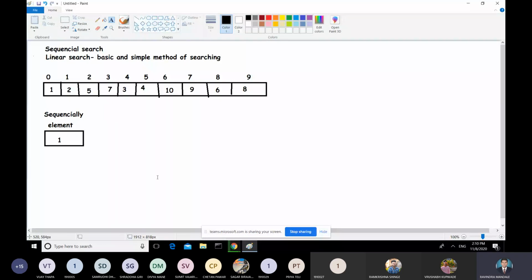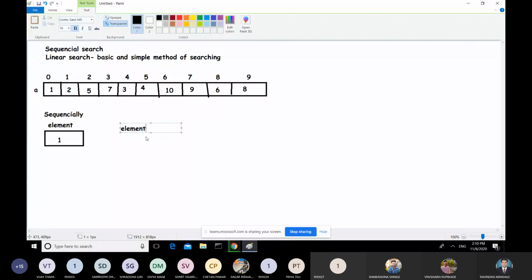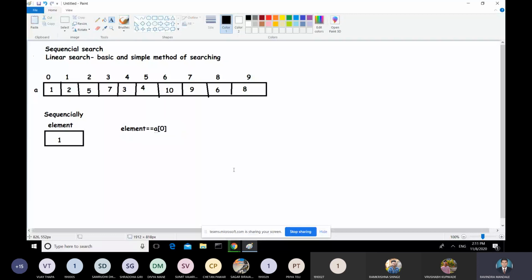We'll start with the first element of the array, that is, suppose the array name is a, a of 0. We'll compare this element with a of 0. So how many comparisons are required to search this element 1 in this given array?